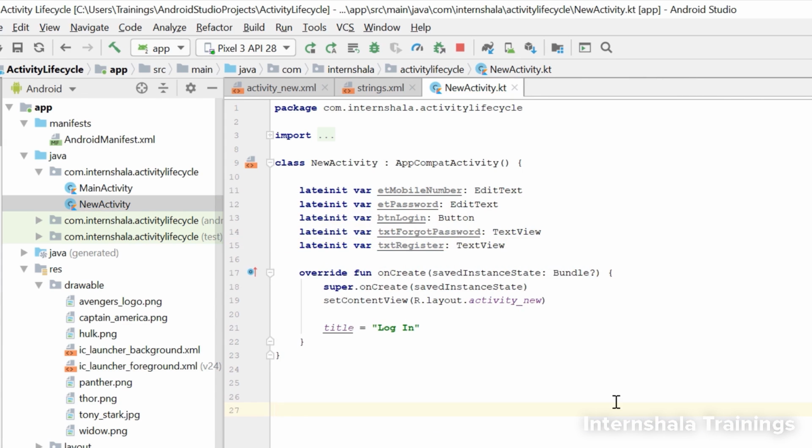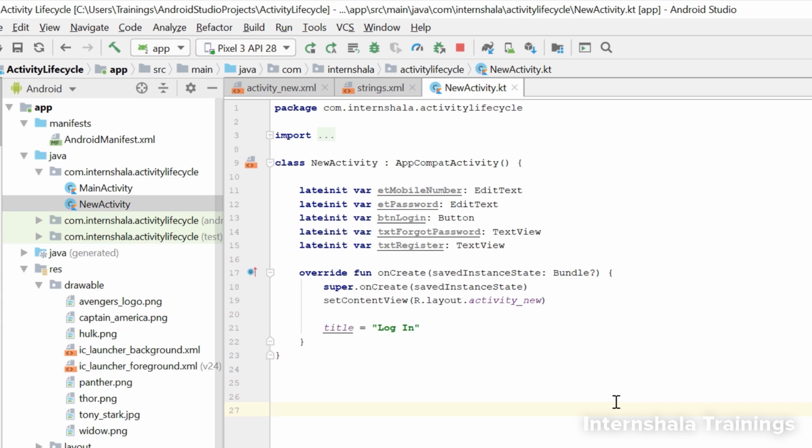Now, you can say that why did we declare the variables before the onCreate method when they won't even be created before the onCreate is called? Well, the simple reason is to widen the scope of the variables. Ring a bell? Yes, we have covered this concept earlier. We declare the variable at the top of the class since we may need them anywhere in the class. Hence, we declare them as class variables and not as member variables.